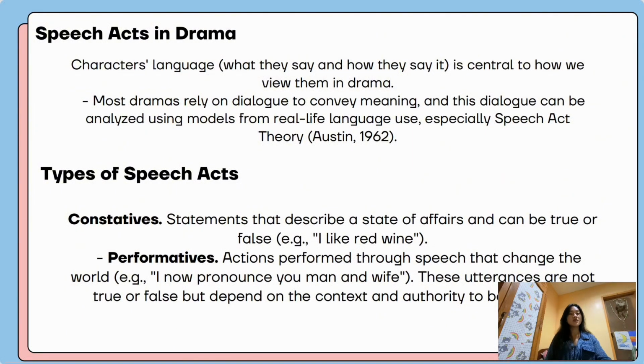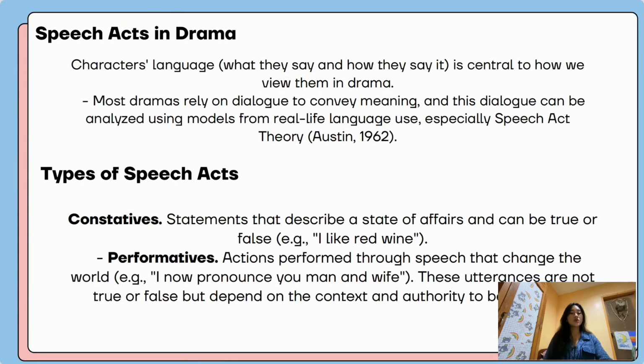On the other hand, performatives are statements that perform an action through speech. These do not describe a state of affairs. Instead, they change the world or make something happen simply by being said. Let's say, for example,